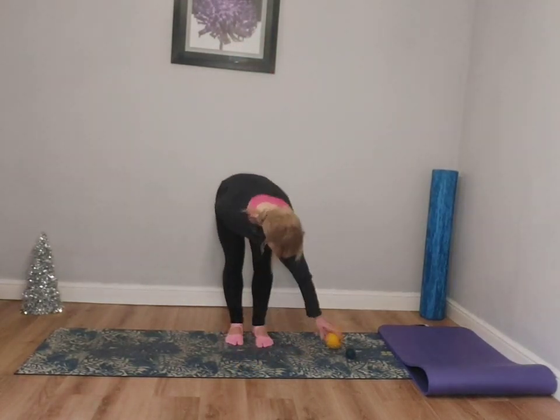And bringing your feet into hip width. You're just going to float that right heel. Release. Float your left heel. Release. And then take your right leg away. Circle one way, circle the other, switch sides, circle, circle, bringing it back,